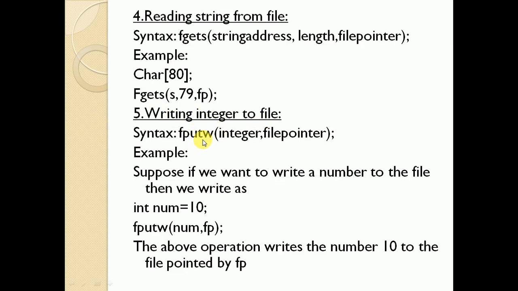So already you know how to write the integer by this putw word. Instead of putc or instead of puts, what you have to use here now? fputw is a function name which writes an integer to your file. So here there are two parameters we are passing for this function. First is an integer, comma, second is a file pointer. The first argument takes the integer, the second is your file pointer.